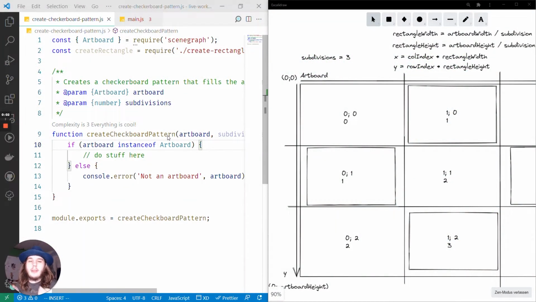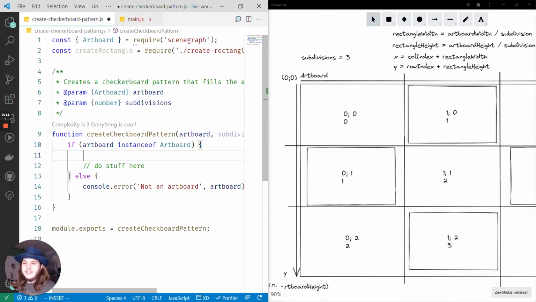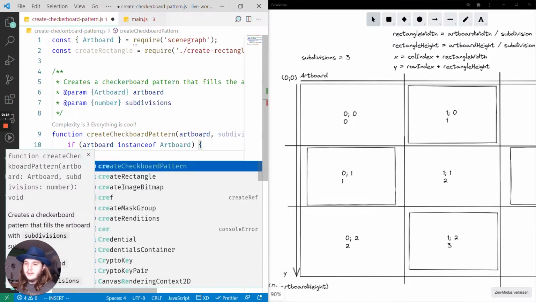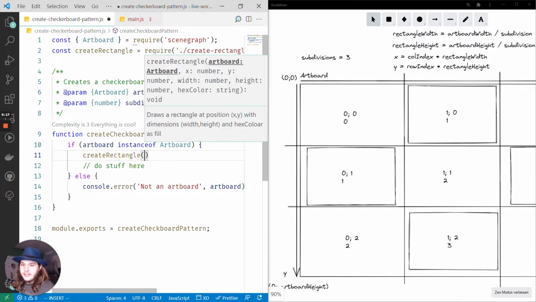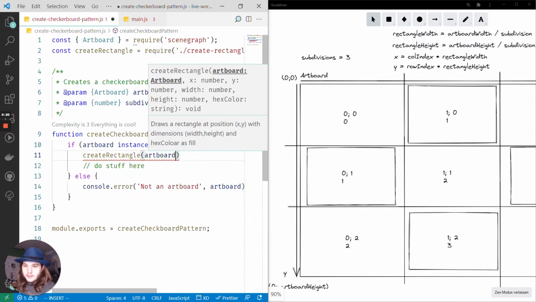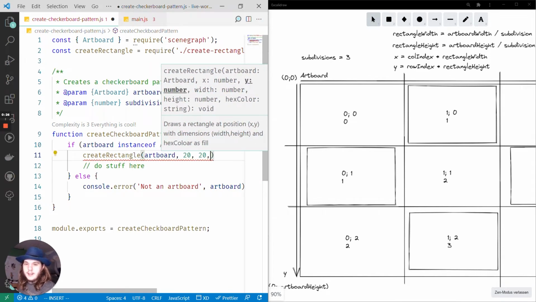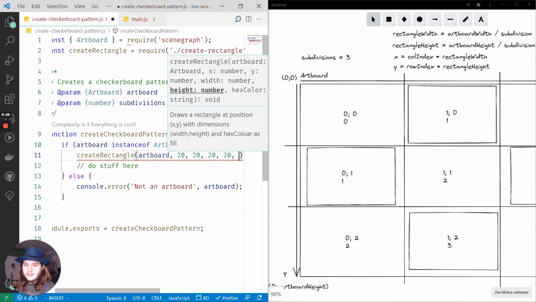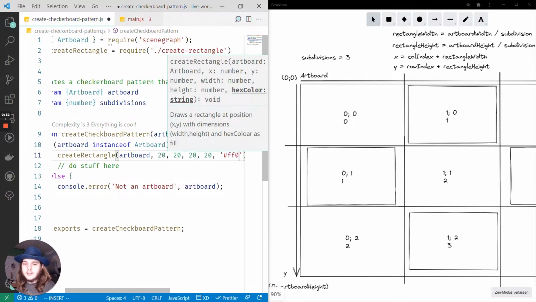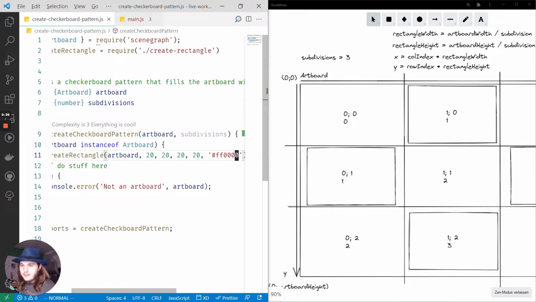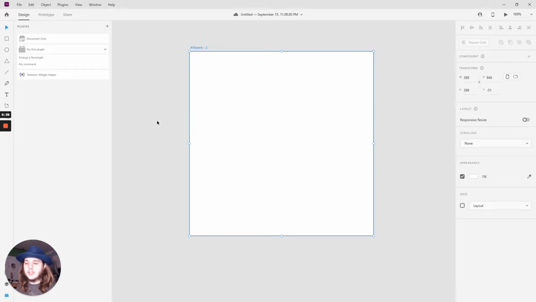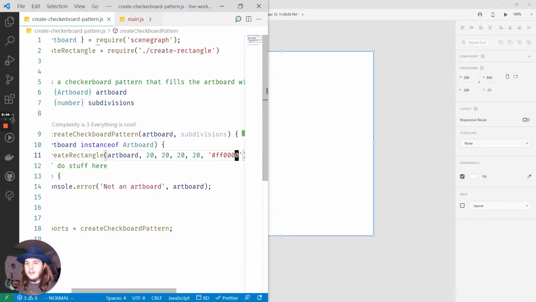Alright, now that we know in theory how we can implement this function, let's actually put it into practice. First of all, let's quickly verify that this code still runs when we run our plugin. So I'll just quickly create a rectangle here in our artboard, which we now even already know is an artboard, at, say, coordinates 20, 20, with a width of 20, a height of 20, and as a hex color, let's use red again. Save the plugin, wait a few seconds so that XD has a chance to reload the plugin, and now run it. And as we can see, the code inside our function still runs, which is great,